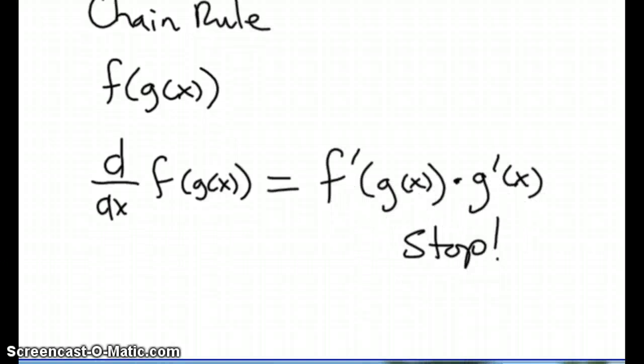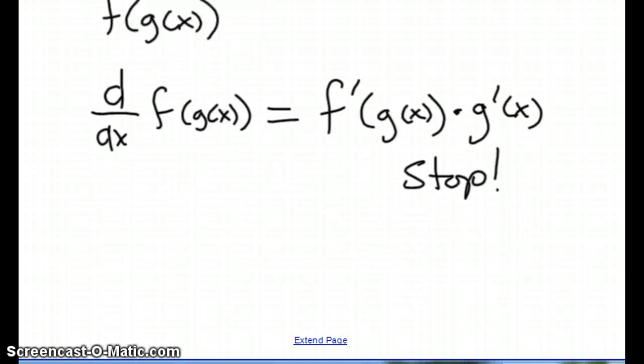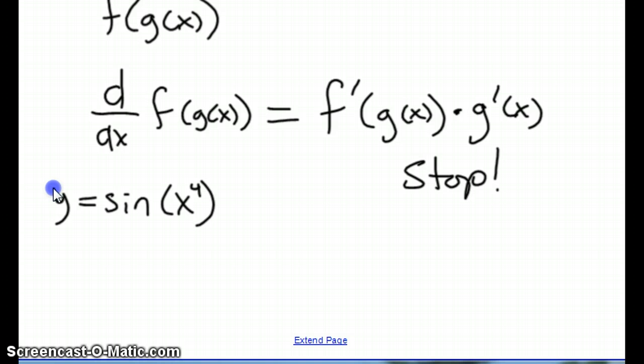So here's an example of using the chain rule. If my function is sine of x to the 4th, I could use trig IDs and expand this, but we can also use this new idea of the chain rule, of taking the derivative of the outside function and then multiplying by the derivative of the inside function. My outside function, f in this case, is just sine. My inside function, g, in this case, is x to the 4th. So I'm going to take the derivative of sine